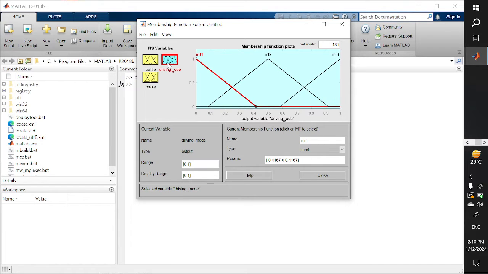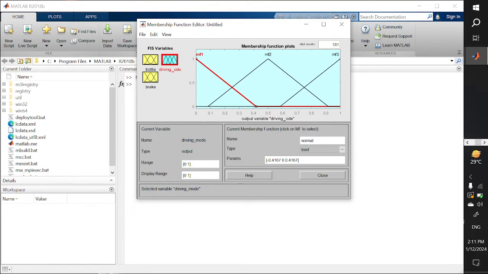So now I want to define what kind of driving I need, or how an electric vehicle can automatically select the driving. Either it may be manual or it may be automatic. So generally you can select manual, but in some sort of advanced electric vehicle, the vehicle itself will take the decision what type of driving you have to select. Let's try to go to the first membership. So the first type of driving is nothing but